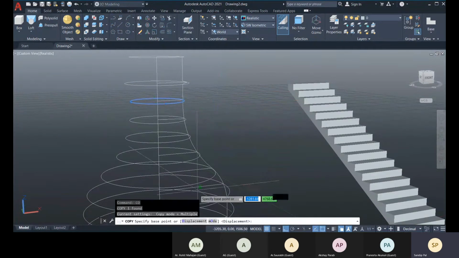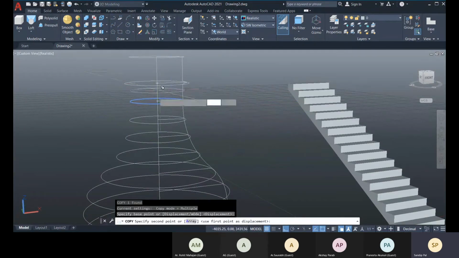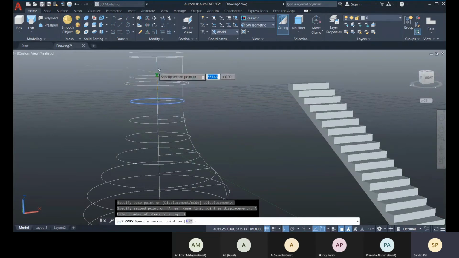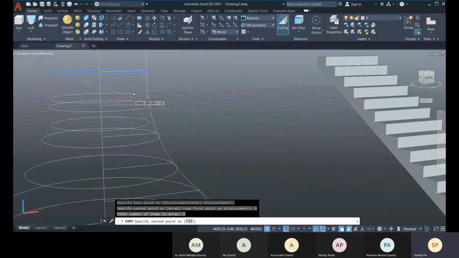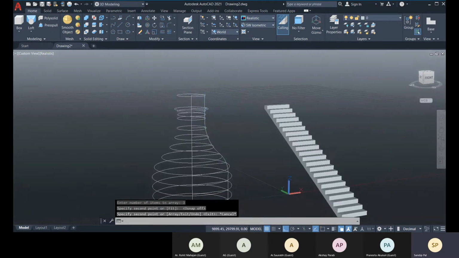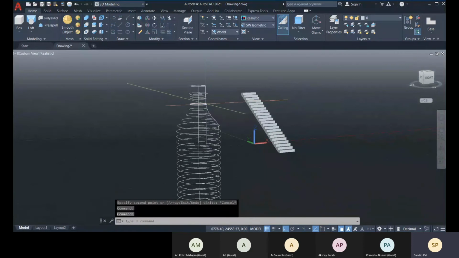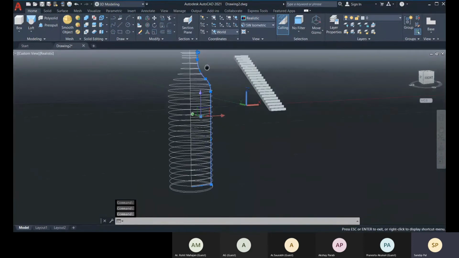So copy again, base point, then array, 3 is enough. Okay, so now we don't need these lines, so we can delete